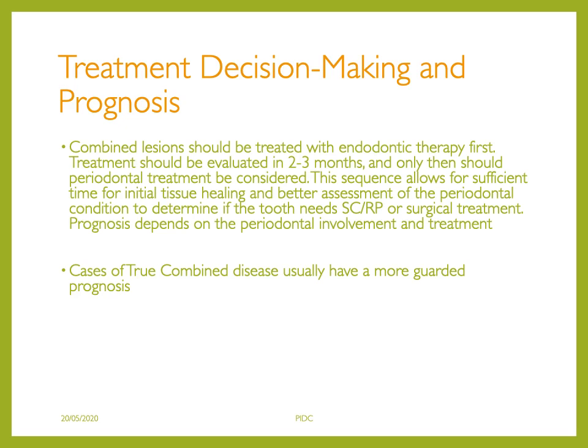So when it comes to the treatment, the first thing you have to look at is whether the tooth is vital or non-vital. If it is non-vital, then it is endodontically treated. If it is vital, it has to go for the perio treatment only. When it comes to the secondary involvement, as a general consideration, if the tooth is non-vital, we first follow with the endodontic treatment, then we wait for some time to see how the tooth responds, then we go into the second part, that is the periodontal treatment. But the periodontal treatment has its own limitation, because you have to look into the stage, and according to that you will treat the case.